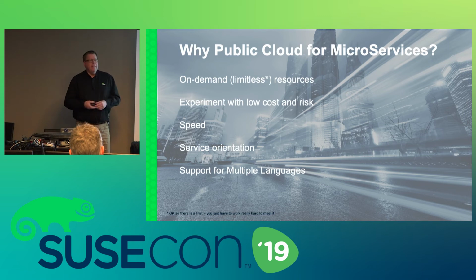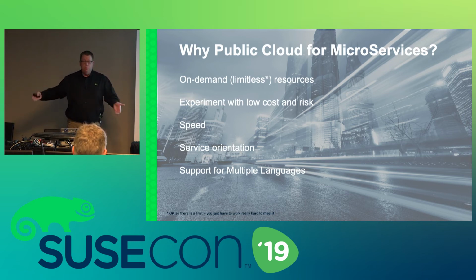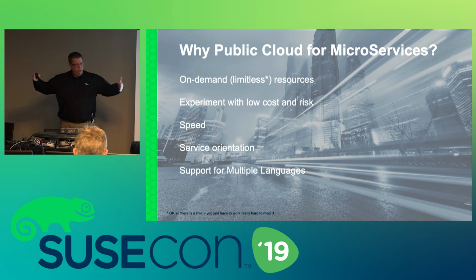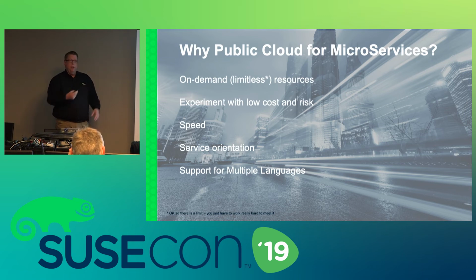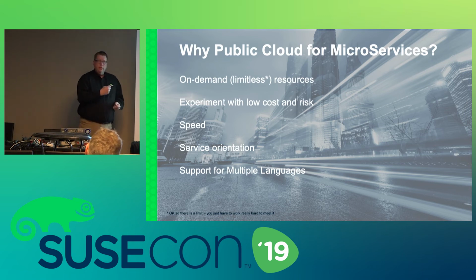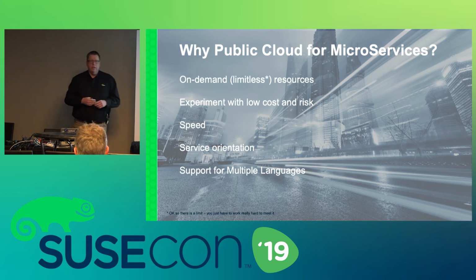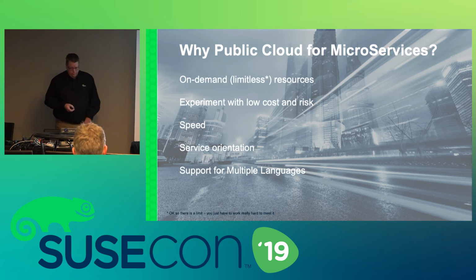If you're like a retailer or something like that who has particular peaks and troughs in their usage cycle and how they scale these applications, if you had to build that out on premise for your peak usage time, you'd be building out something like this when perhaps for 11 months of the year you're only using 10 or 20% of that. So the fact that you can use a public cloud, consume what you need when times get busy, and then rein that back in during the quiet times and only pay for what you use, fits perfectly well to the concurrency piece.